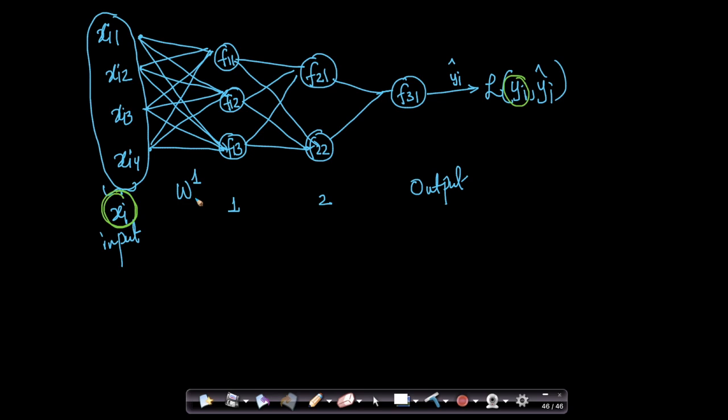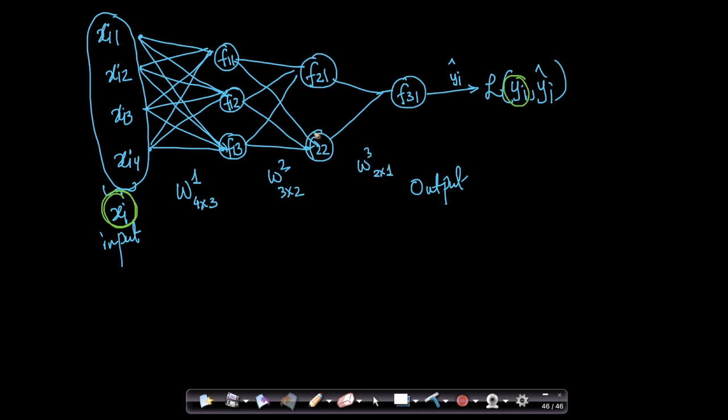And as we have seen earlier in the notation, this can be represented as a 4 cross 3 matrix. Similarly, the weights here are called W2. These are W1. The weights here, let's call them W2. And this is a 3 cross 2 matrix because there are 3 inputs here and 2 outputs. So there are a total of 6 connections here. Let me erase these numbers so that it's less cumbersome. So this is W2, which is 3 cross 2, and here you have weights W3 that are